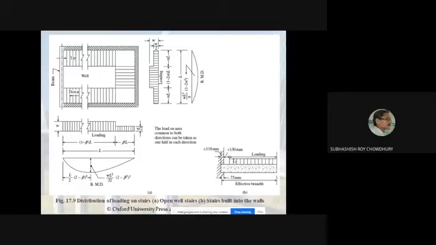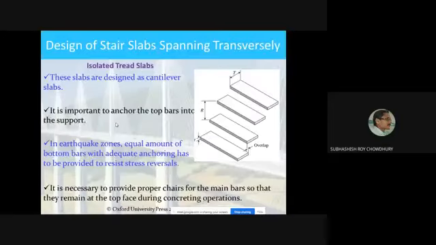So that is a specific recommendation. I do not use this one regularly, but I prefer to consider this one because that is very important. It tells that whatever the load you are considering over the landing, you should not consider the full load, okay, when you will consider this one or this one. So half of that you may consider. So that is the important point.